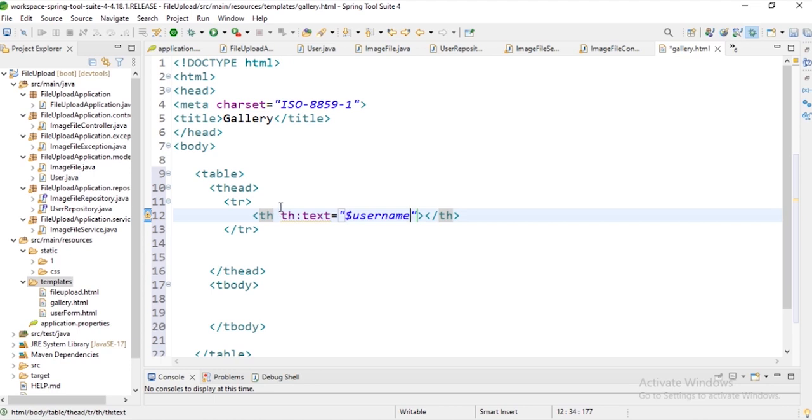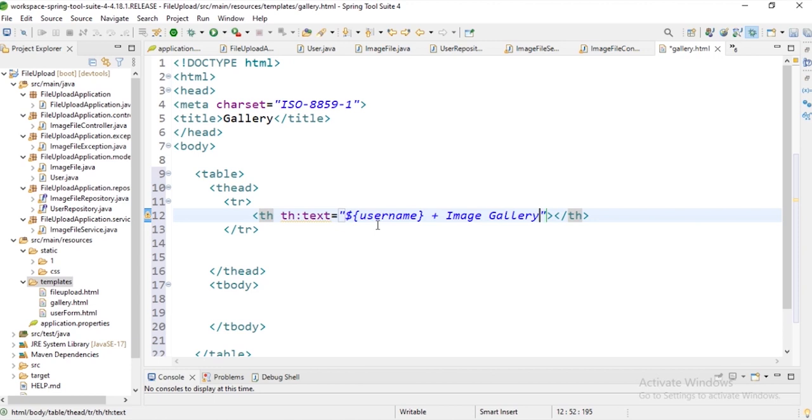But we need to put this inside this. We'll get the name of the user with this implementation and have plus image gallery. So this is what we will have in the tr, but we will go back to our controller and add